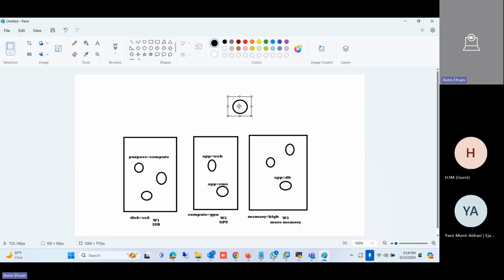This depends on the scenario, on the requirement of your application, or the architecture of the cluster you want to design for different applications. If you want to make your worker nodes for specific types of applications, then this pod affinity and anti-affinity rule is very useful. So let me